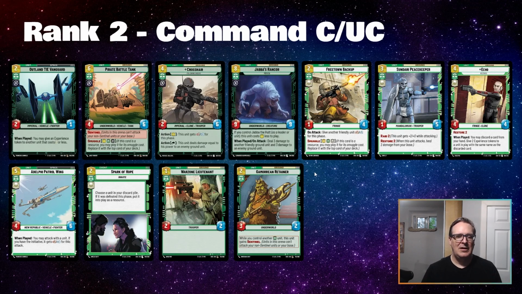Warzone Lieutenant, really not much to say about them. It's a 1 cost for a 2/2, synergizes well with a lot of leaders. And then Gamorrean Retainer, a 3/2 for 2. If you control another command unit, it gains Sentinel. So, I mean, it's pretty much like Gamorrean Guards,